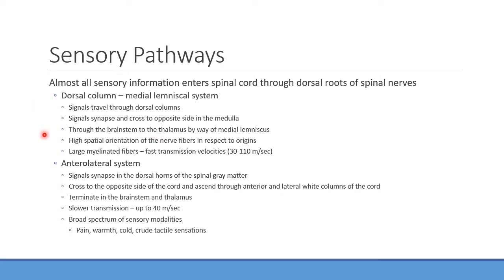Now this is a very fast transmission of these signals in this medial lemniscal pathway, which is good. And they have these large myelinated fibers. I mentioned when they're myelinated, there are big nodes of Ranvier, so they can transmit the action potential along. That helps to speed that process up, which is good because the signals they're going to be sending are things like a high degree of spatial awareness, things that you need to know on a very fast basis, so that you don't do something like fall on your face or whatever happens to be. The anterolateral pathway, on the other hand, is going to be a little bit slower.